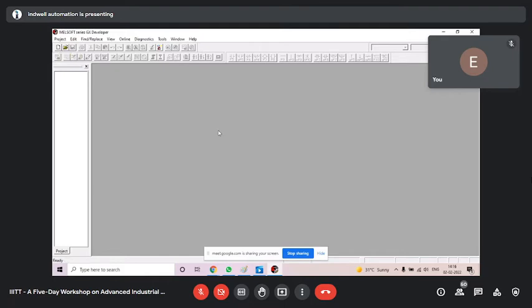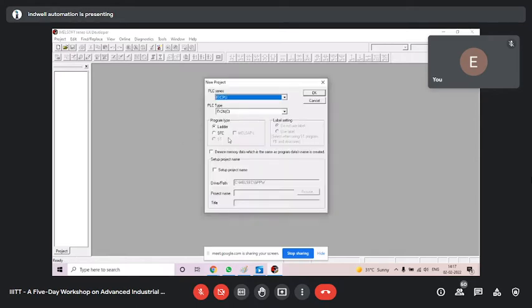Look at the screen, please, everyone. We are going to learn here Mitsubishi GX Developer software. And this is real time. It's not demo. I shall show you the connection and everything. First, as this software is open, or if you work with Allen Bradley or Siemens, whenever you open a new software, you have to take a new file. So we take new file. As we take new file, it will ask you which PLC you are going to use because it has many PLC hardwares. So you see, Q CPU, Q mode, Q CPU, A mode, QNA CPU, A CPU, motion CPU. See, this motion CPU is for robots, robotic arms.